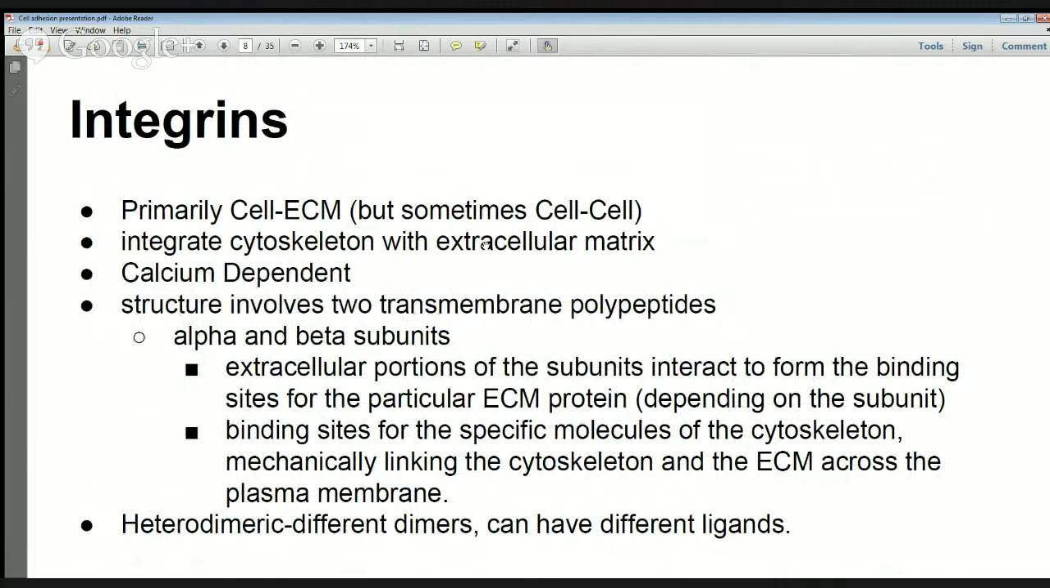Integrins are cell surface receptors that bind extracellular matrix components. They're primarily cell to ECM, which is extracellular matrix binding. They have a role in integrating the cytoskeleton with the extracellular matrix. And they are important because they are the primary means by which the cell